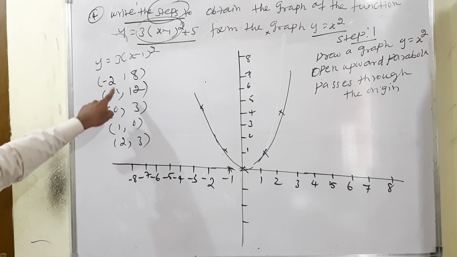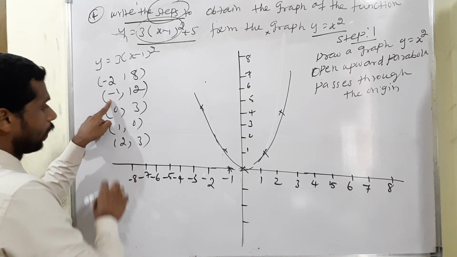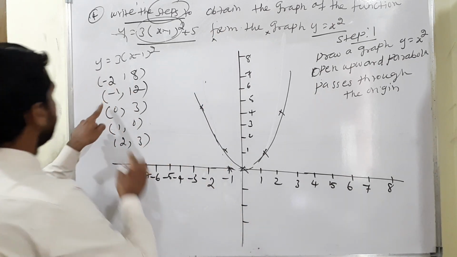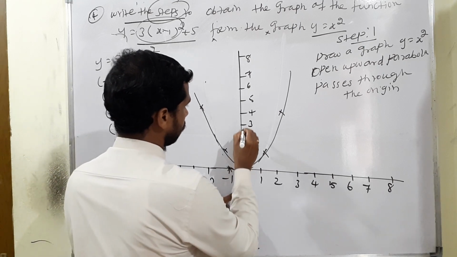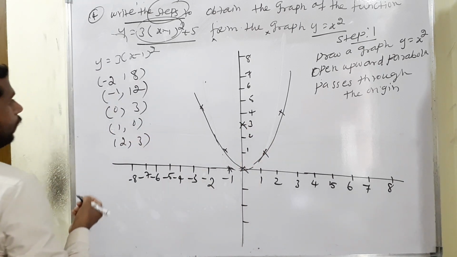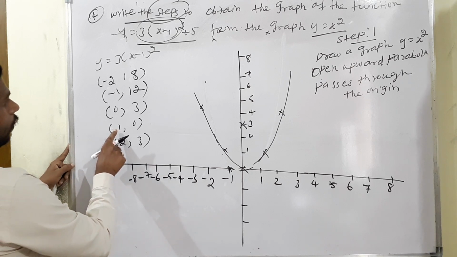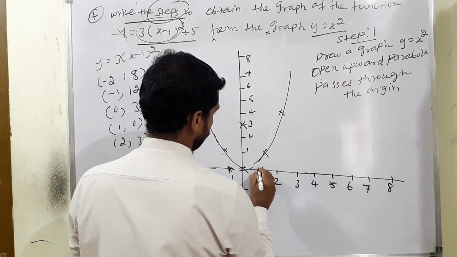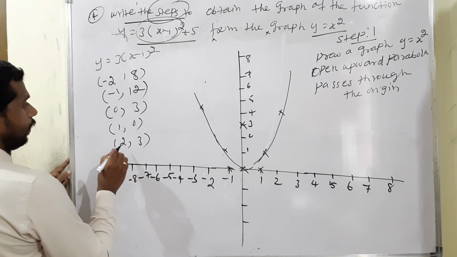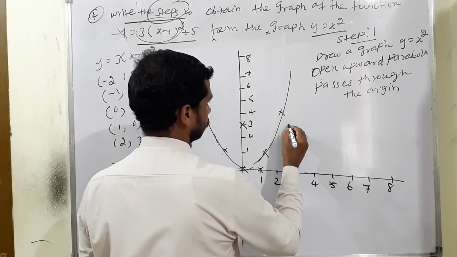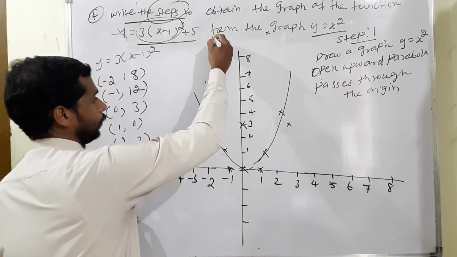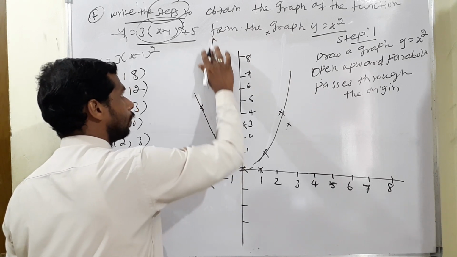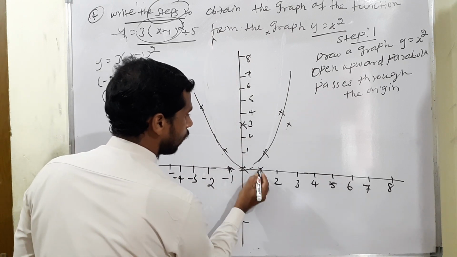Now plot the terms. Minus 2 is the biggest, no need. Minus 1 comma 12 comes to here. Next case 0 comma 3. Next one, 1 comma 0. Okay, it is a shift of the line. Then 2 comma 3. So actually it is a shift of 1 unit, isn't it?